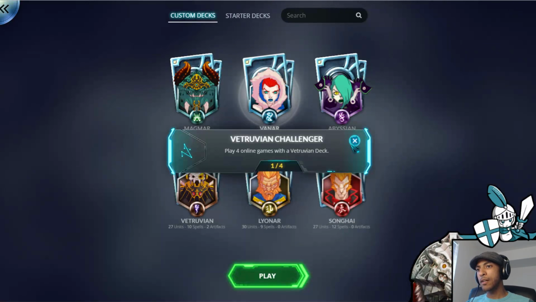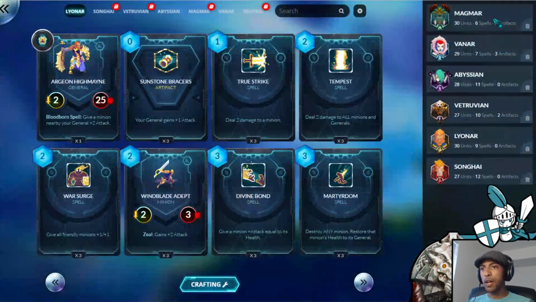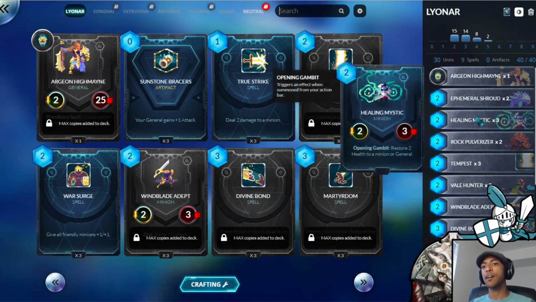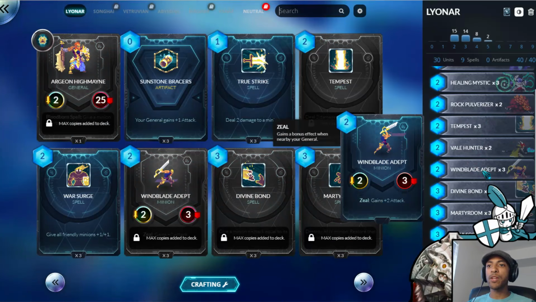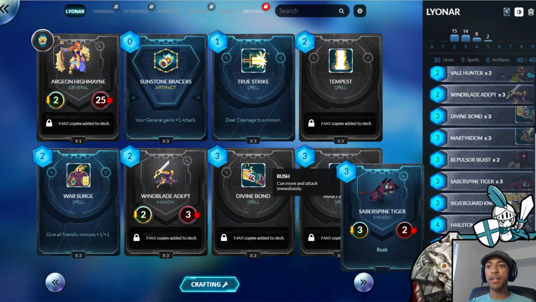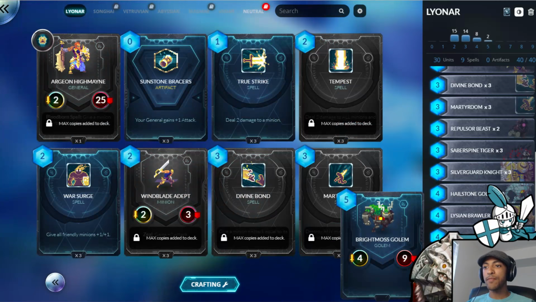And I know I said I wouldn't really need to go over the decks, but before we close out here, let's just go over it again. This shell is pretty much the same as what I've been running in every deck. 3 Healing Mystics, 2 Ephemeral Shrouds, 2 Rock Pulverizers, 2 Veil Hunters, 3 of whatever your faction's starting 2-drop is, 2 Repulsor Beast, 3 Saberspine Tigers, 3 Hailstone Golems, 3 Primus Shield Masters, then some combination of Bright Moss Golem,